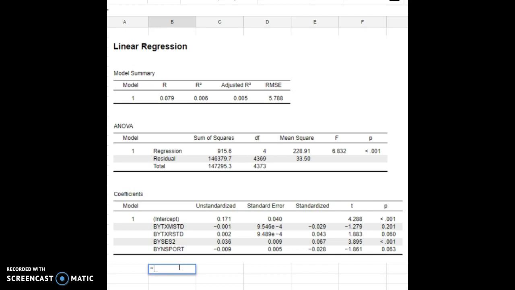So let's calculate a specific value for, let's take the intercept here, and then we're going to take 0.001. Let's say on this standardized math test, a student got a 45, which I think was roughly the average. And then maybe a similar thing on their English test. Put a multiplication in here. Okay, and then